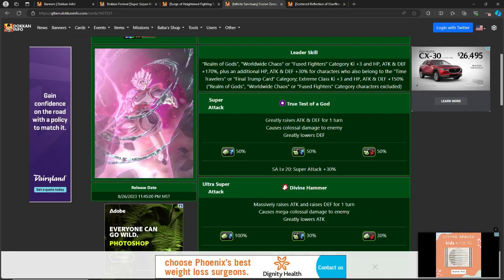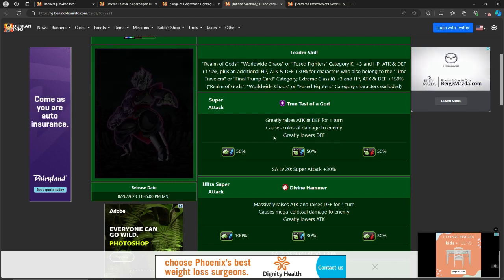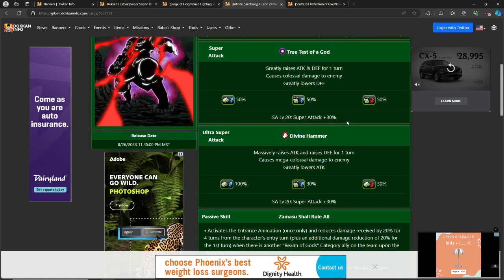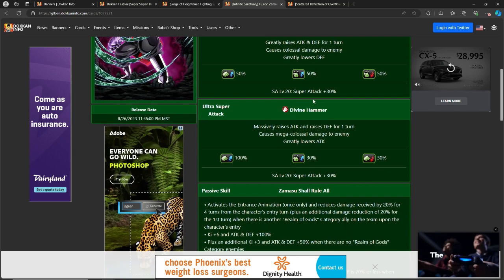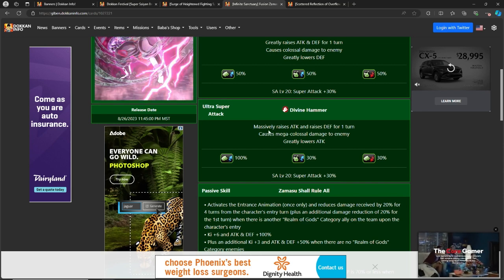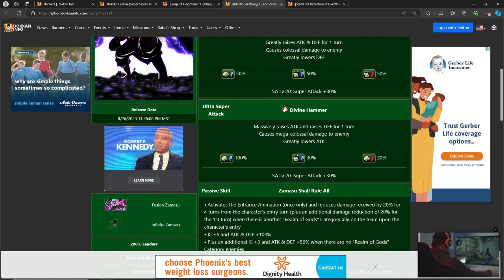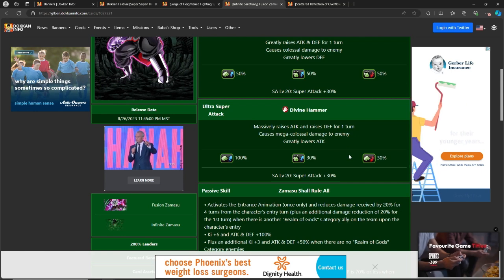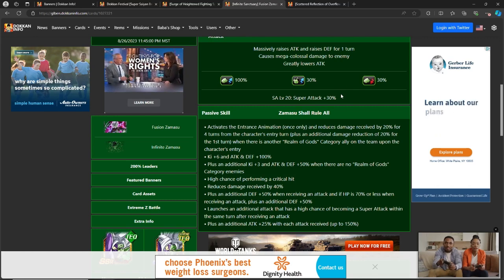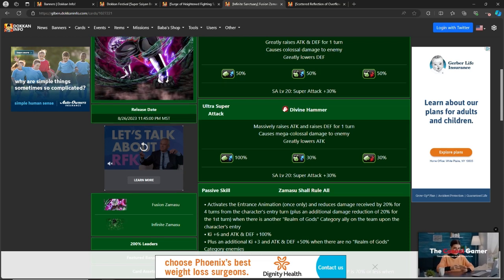So the super attack greatly raises attack and defense for 1 turn, causes colossal damage to enemy, greatly lowers defense. So it's a nice little debuff, which is why I think he works well with Broly, with him lowering the defense and then Broly punishing. Massively raises attack. Oh, this is the ultra super attack stats. Massively raises attack and raises defense for 1 turn, causes mega colossal damage to enemy, greatly lowers attack. So it's another debuff, this time to the attack. So if you get to ultra,